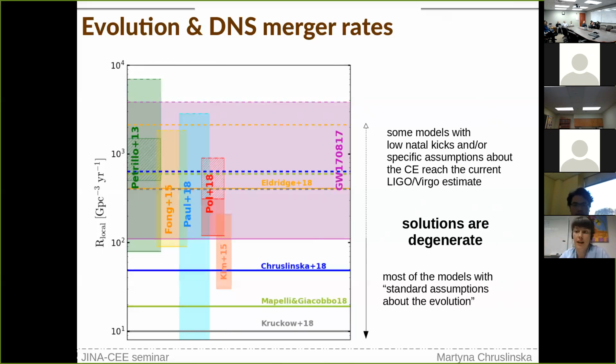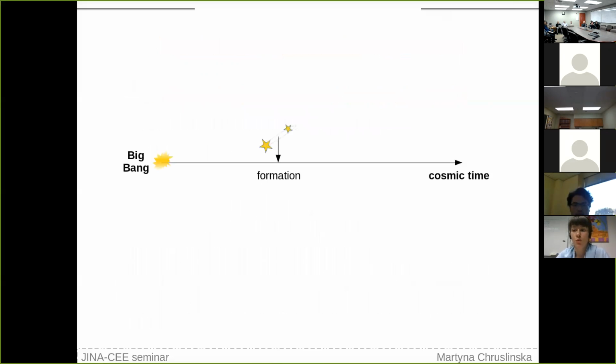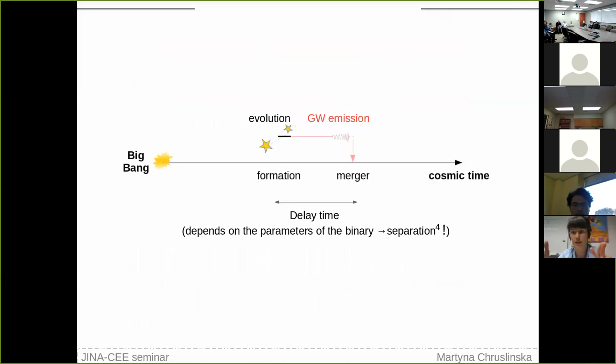And still, I didn't say a word, for instance, on the importance of the assumptions related to step one. So going back to this slide, to the assumptions about the star formation rate, cosmic star formation rate, and metallicity. So why should this be important at all? Well, because a binary that forms at a certain moment in time, it forms with a metallicity that is typical for its neighborhood at that time. And then it needs a certain time to evolve to form two neutron stars, which then slowly decrease the orbital separation due to